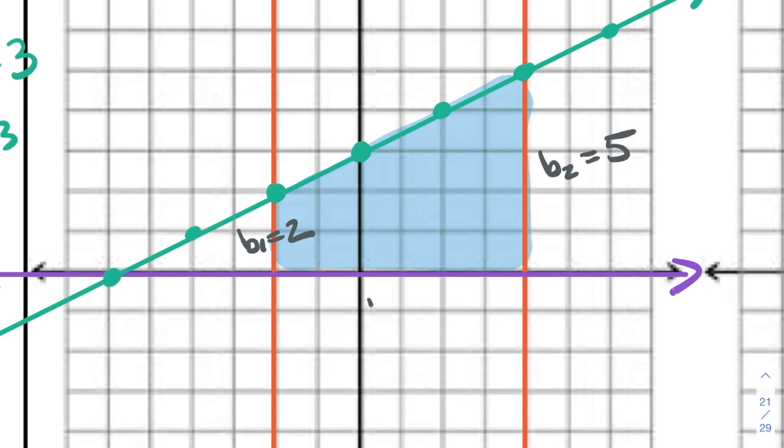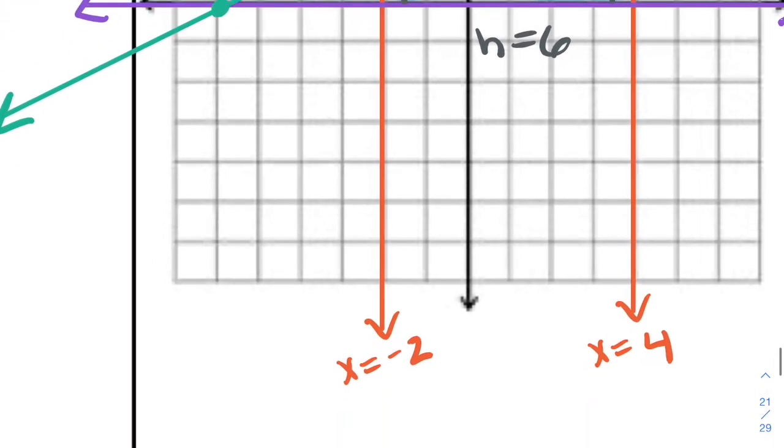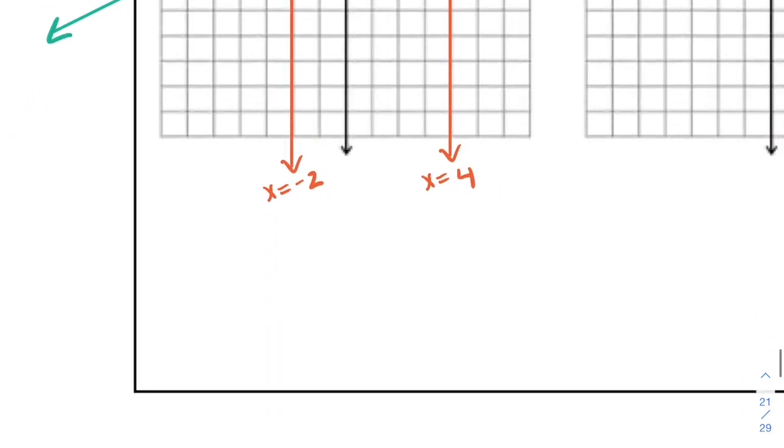My height, weirdly, on the base, but remember, direction doesn't matter. You can rotate this, and you see it because you have your right angle right here. Because that's what's going to make your height. The two right angles is what catches the height, okay? And the height is equal to 6. It's 6 wide, okay? So we are going to do the area of a trapezoid